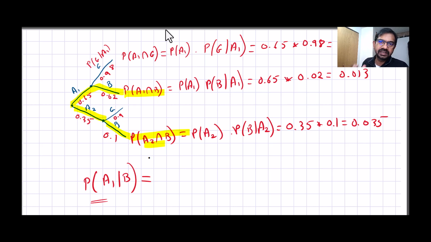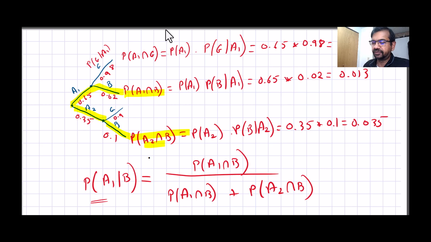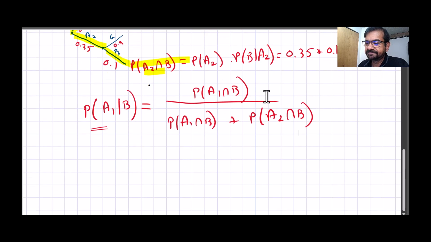What is the likelihood that that came from one of the two firms? So this essentially is given as the probability of getting a part that is bad and having come from firm 1, divided by all the likelihoods or cases where we could have gotten a bad part. So this is the probability of A1 intersection B plus the probability of A2 intersection B, that we could have gotten a bad part from firm 1, or we could have gotten a bad part from firm 2, and the denominator is